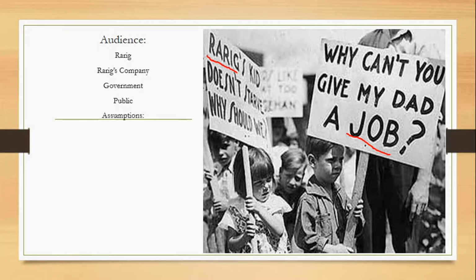In order to decide your audience, if you don't directly know, you have to make some assumptions. Some of the assumptions that I made to draw the conclusion of Roerig, Roerig's company, government, and public is I assume that possibly Roerig is a boss or an owner of this company because he's obviously still working while this man is not. I also assumed that the photo was possibly for a newspaper article. I don't think it would have been for television in this time, but I did assume that possibly this was a newspaper reporter taking the